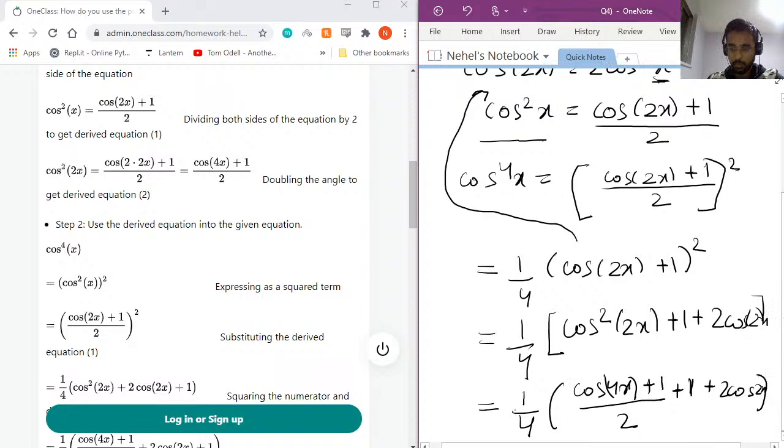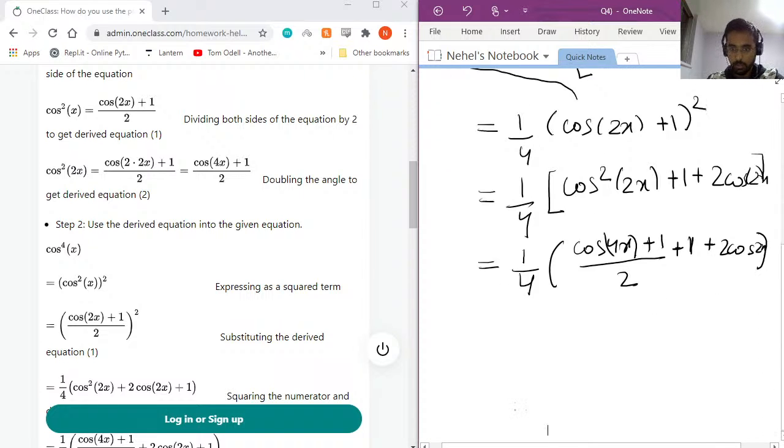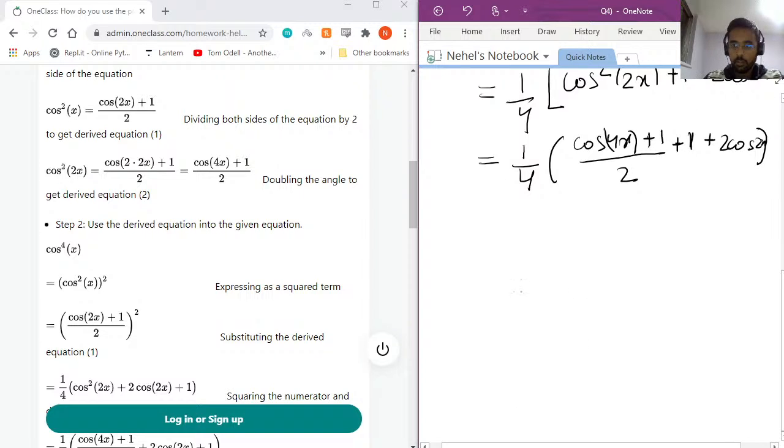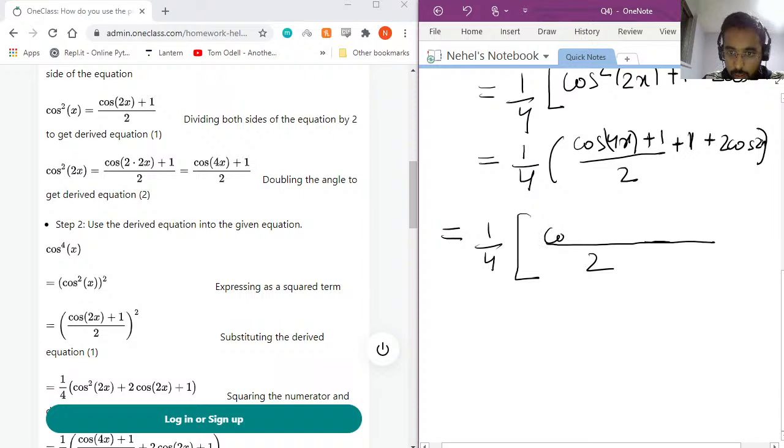Okay, now let's keep going down. Now we're fairly close to our final answer. So our final answer would be equal to 1 over 4. Let's simplify everything in the bracket first. So 4 divided by 2, 2 gets multiplied there. So we get cos 4x